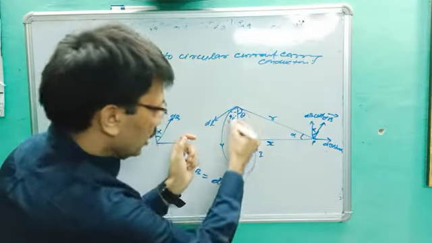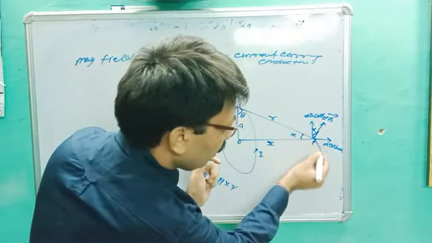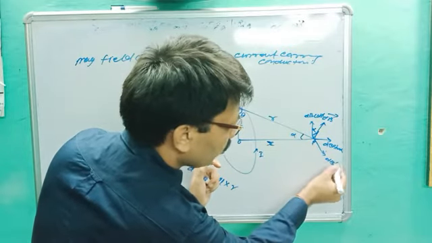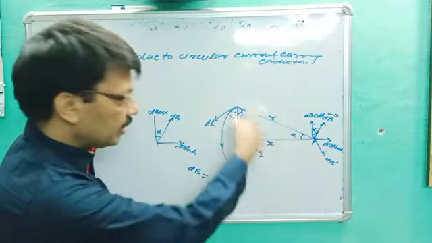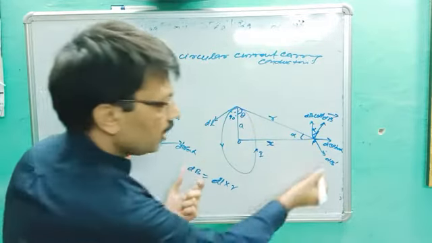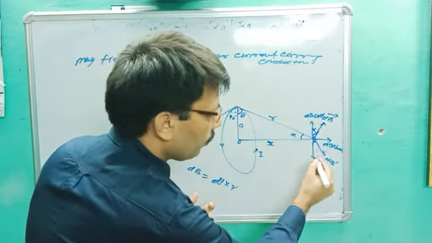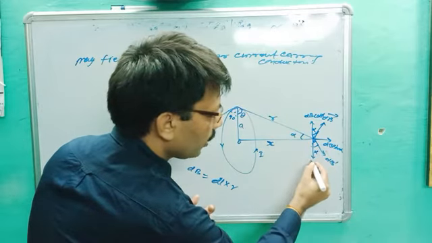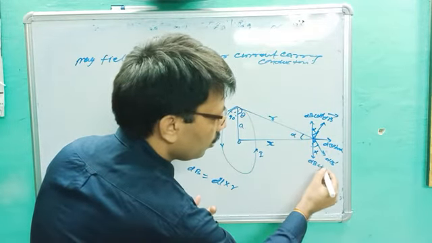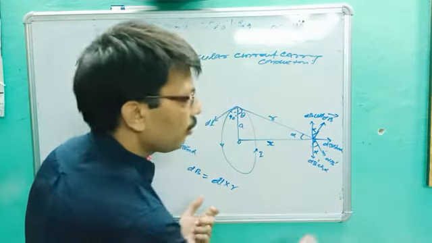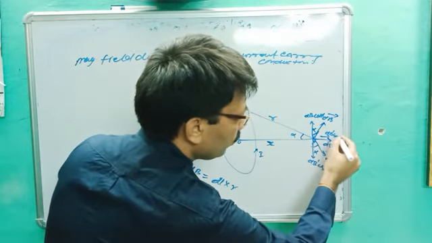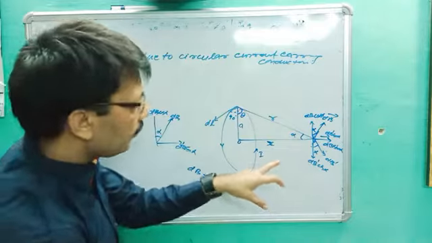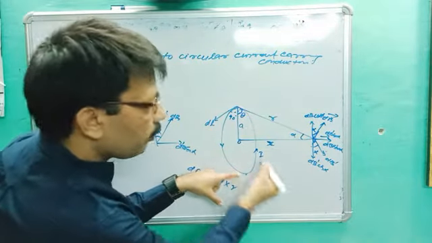This is the first half portion. In the second half portion, this is another direction; let's suppose this direction is dB dash. This is the first half; the second half is a semicircle, and semicircle and semicircle become the circular coil. dB dash again resolves into two components. This angle is alpha, so it becomes dB dash cos alpha, and similarly dB dash sin alpha. You can see these components are equal and opposite.